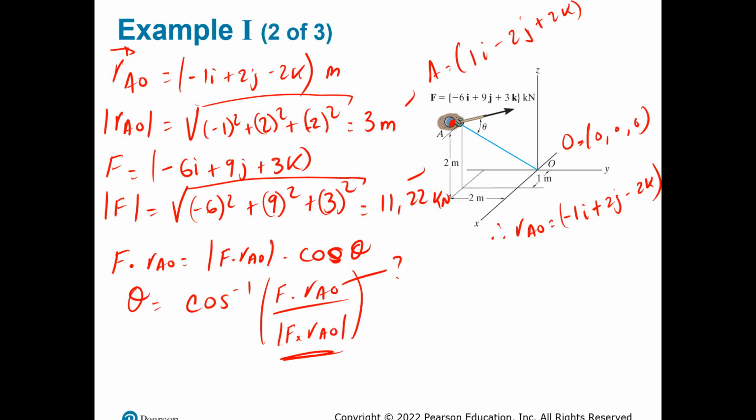So I just multiply the x's, the y's, and the z's of each one of the vectors, my force vector and my position vector, and I will get that value. So F times r_AO, multiplying each of its components, will be minus 6 times minus 1 plus 9